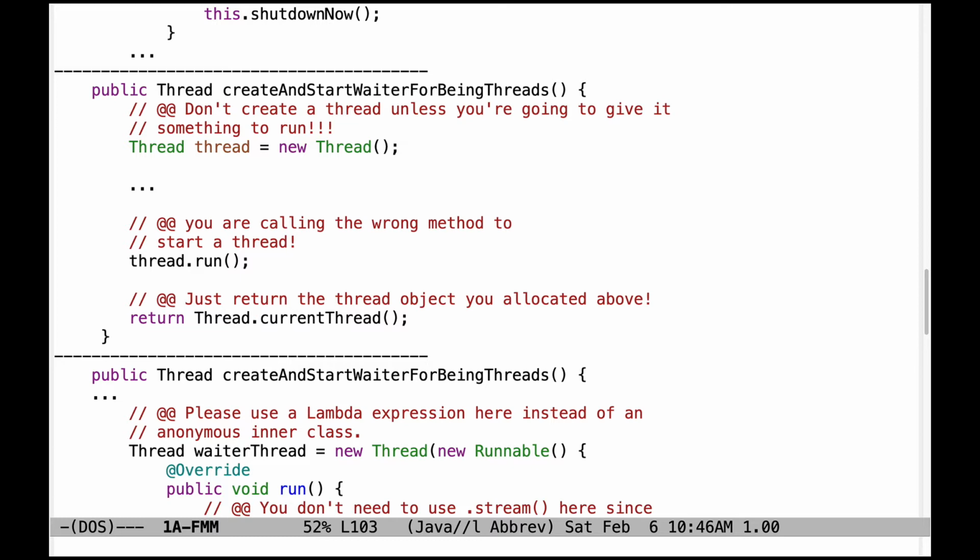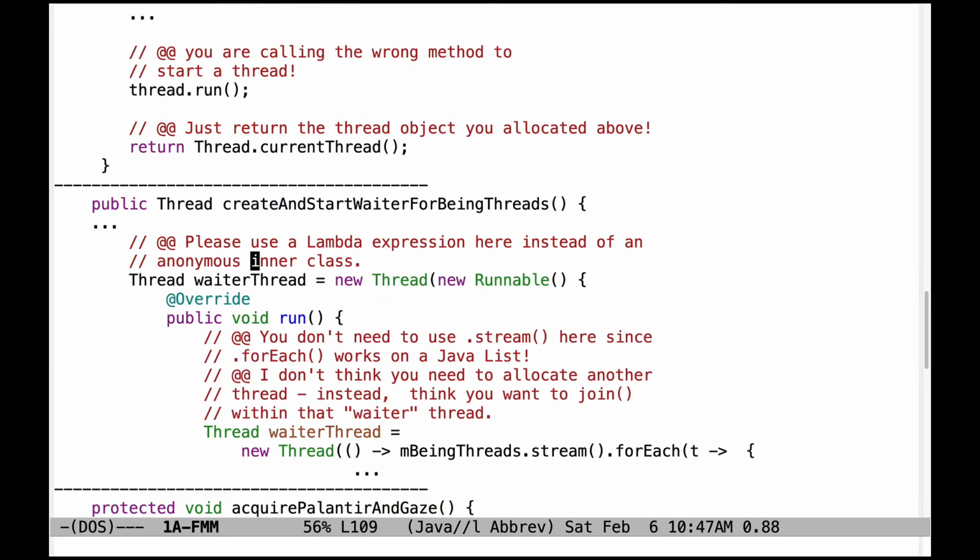Once again, you'll get the wrong result coming back from that, which will confuse things quite a bit. Here's some other things that can be improved in the create and start waiter being threads method. So try to use a lambda expression instead of an anonymous inner class. Anonymous inner classes will give you the correct result, but they're more verbose and there's no reason to add all this extra syntax for no